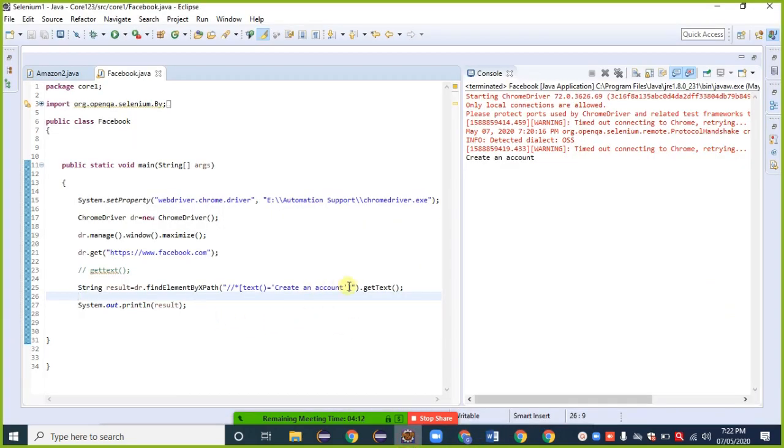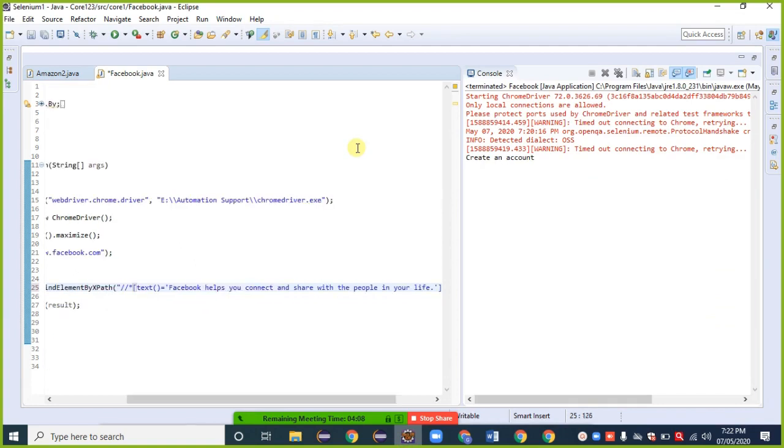Here I am providing that text: find an element having such text and print it. Ctrl+C, here I am providing that text, Ctrl+V, Ctrl+S. Click on the run button.